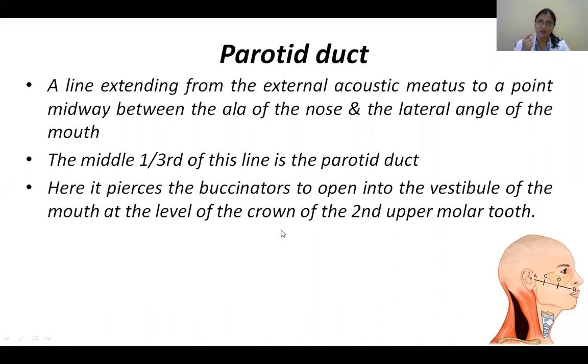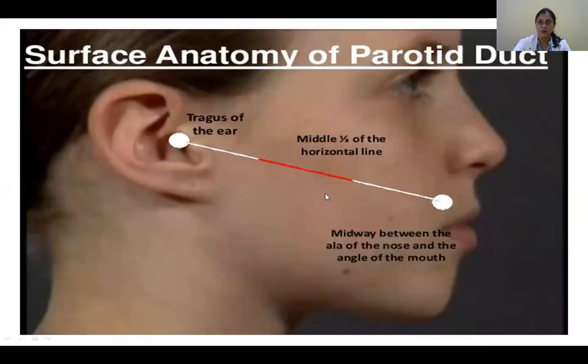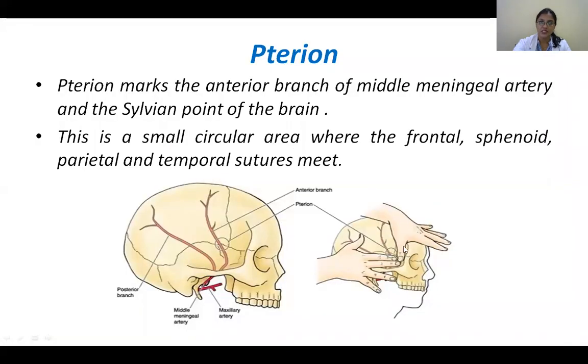I hope you know the names of your teeth. You've got incisors, canines, premolars and molars, and you know how many teeth you have, provided they have not been broken by your parents. So this is the parotid. See, zygomatic arch, it's like acoustic meatus going up to the mastoid and in front of your sternocleidomastoid. Then from here, this middle part is your parotid duct. And this picture is much better. So between this is the ala of the nose, this is the angle of the mouth, and the midpoint may be selecting one point. Then coming to pterion.